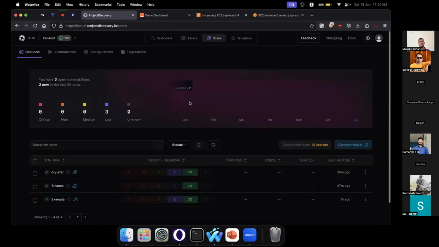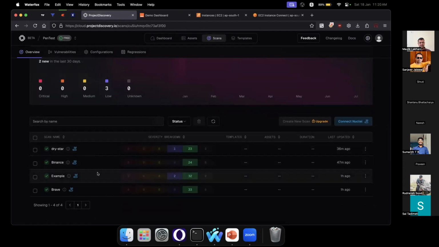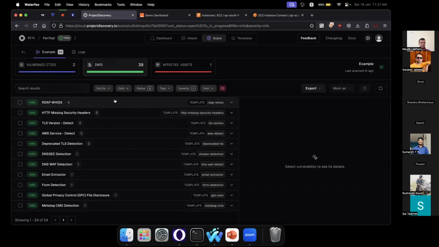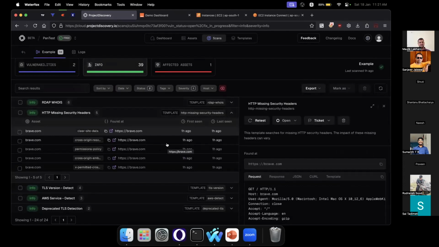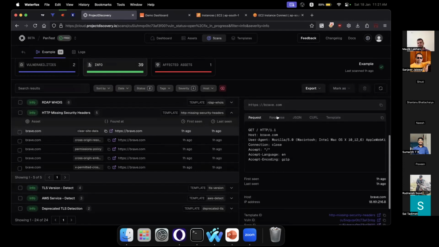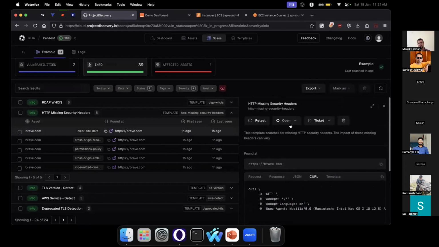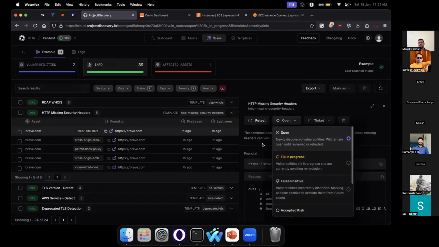Then once you perform a scan, which is a nuclei scan in this particular case, let me give you an example. In this case you have, let's say, these many security issues. For every category of issue, for example this particular security issue, I have five different subdomains or assets or instances which have that issue. You can see the request and response here. You can also have your curl so that you can reproduce it. Once you reproduce it, you can say this is true, or accepted risk, or fixed, not fixed, whatever your current status is.